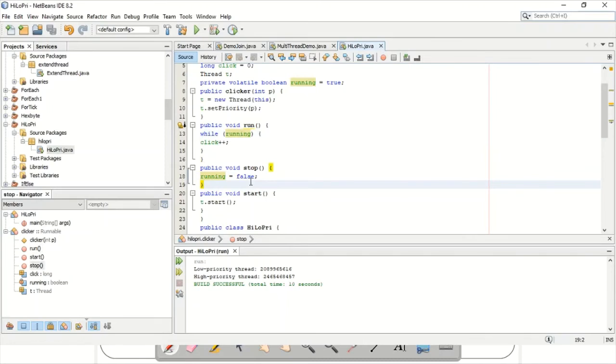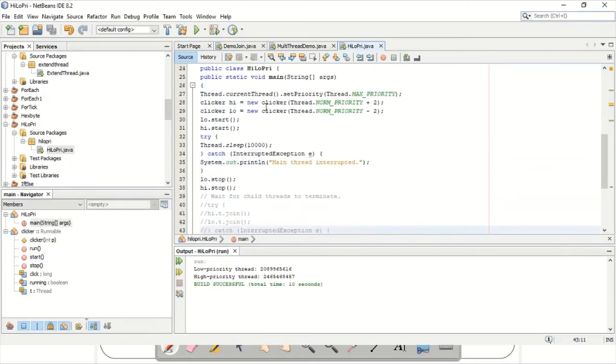Obviously stop means false, no more thread is running. And t.start is nothing but the thread beginning. In the same way I called setting the priority. You know max priority means the main thread is set to 10, so initially that will be running, and then the lower priorities are set: this will be 7 and this will be 3. As you know, Thread.NORM_PRIORITY is 5; 5 plus 2 is 7, 5 minus 2 is 3.